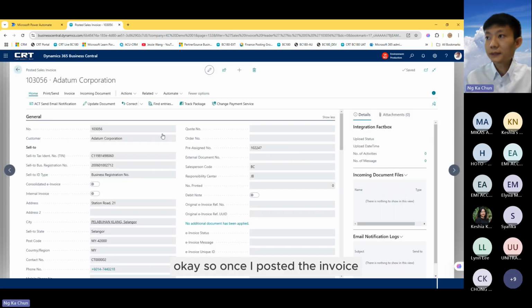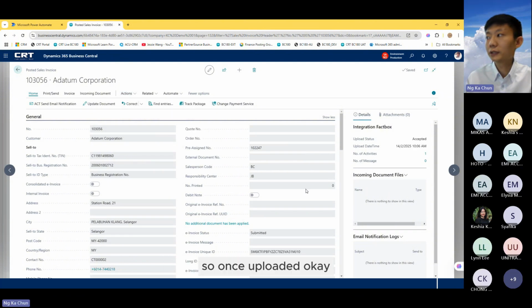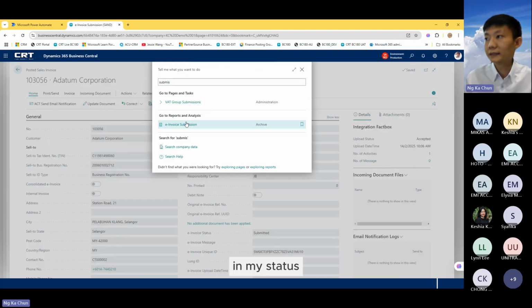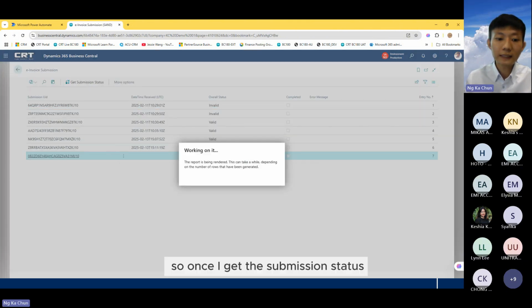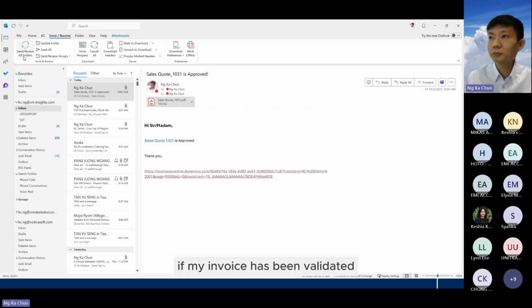So once I posted the invoice, of course now we need to upload it to the IRB. Once uploaded, the status updated as submitted, which means that it's accepted by IRB. But we have yet to get the log ID because we have yet to be validated. So we wait for a while, then I just go to the submissions to call the E-Invoice status, get submission status. Once I get the submission status, if my invoice has been validated,